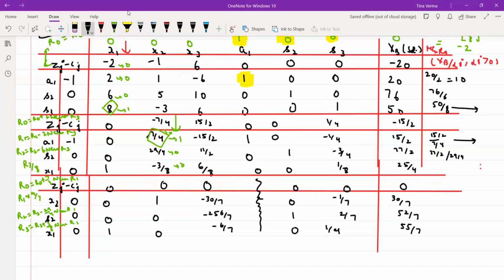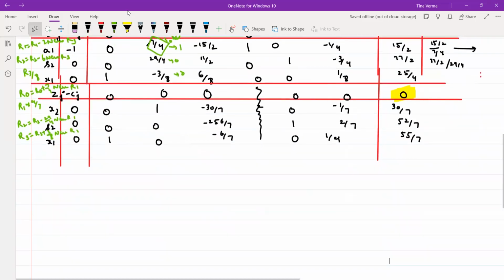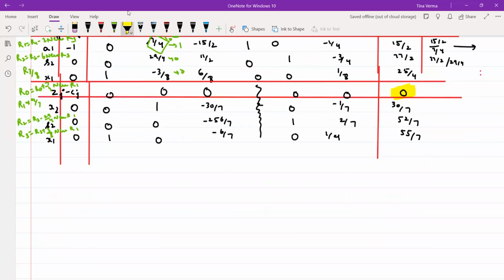So you can check even. Now your objective function has only the artificial variable, and the artificial variable is not present in this, so that's why this value is 0. And now since your artificial variable is not present in the last iteration, that means we can proceed